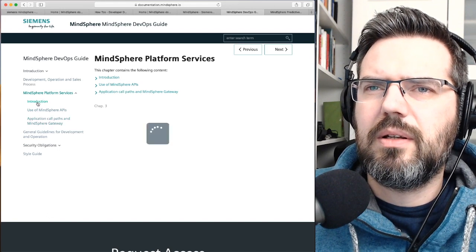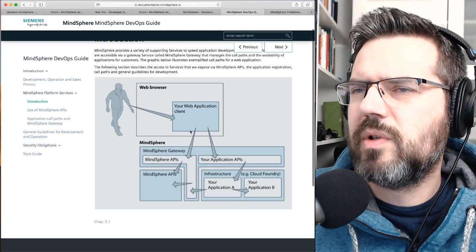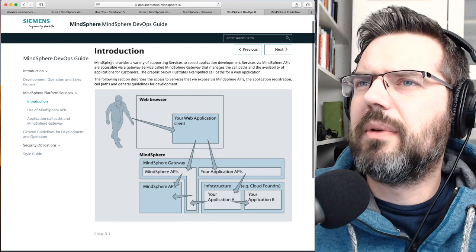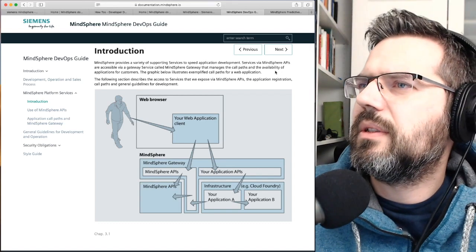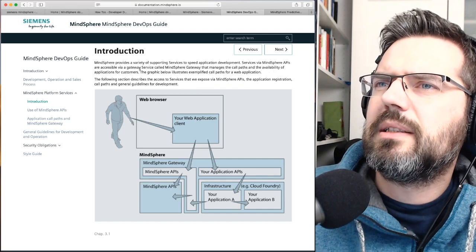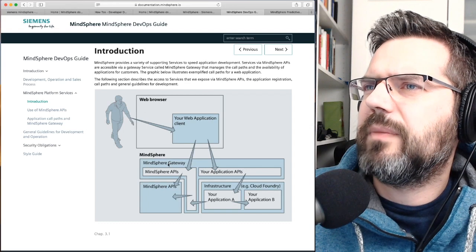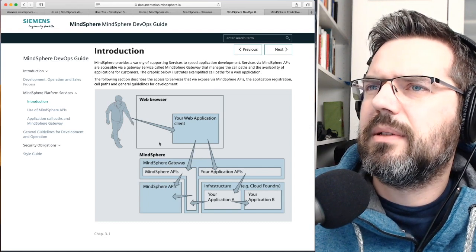Introduction. Mindsphere provides a variety of supporting services to speed application development via Mindsphere API, accessible through a gateway service called Mindsphere Gateway. Yes, that's an API gateway that manages the call paths.